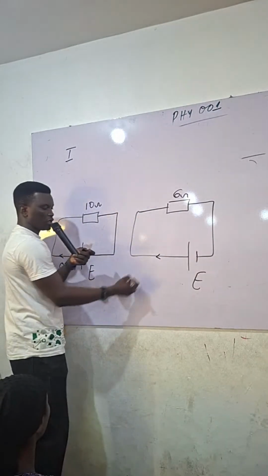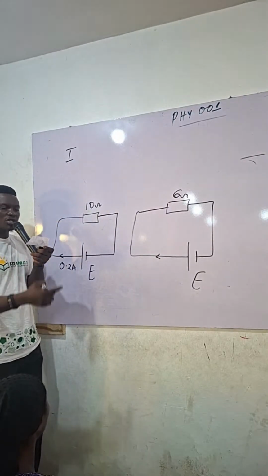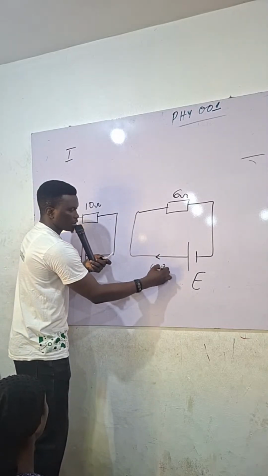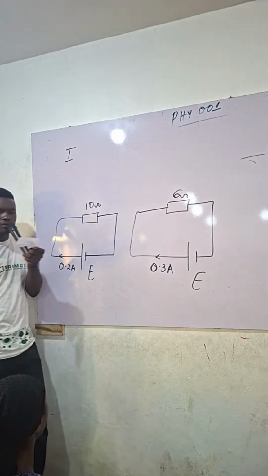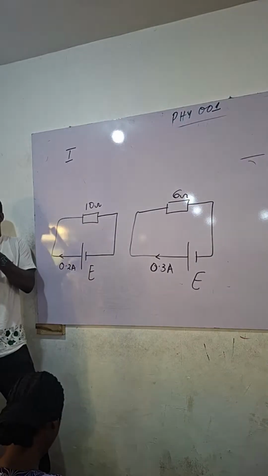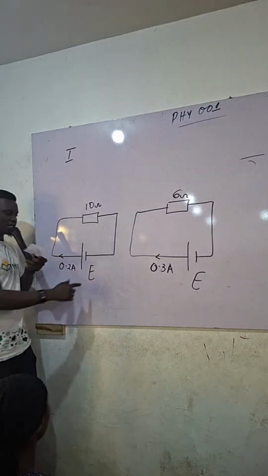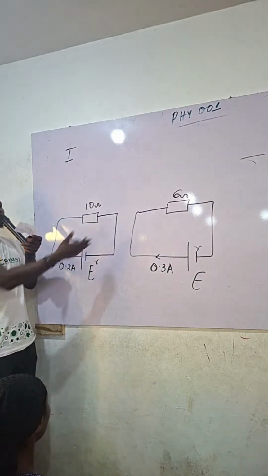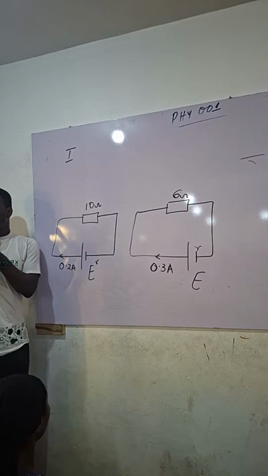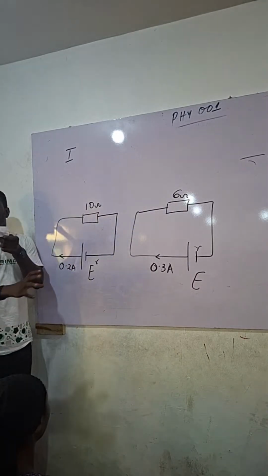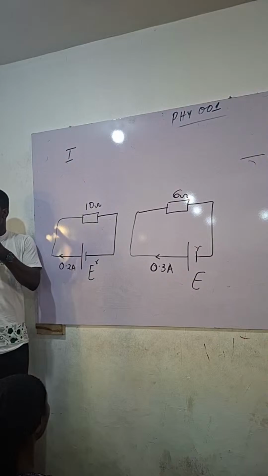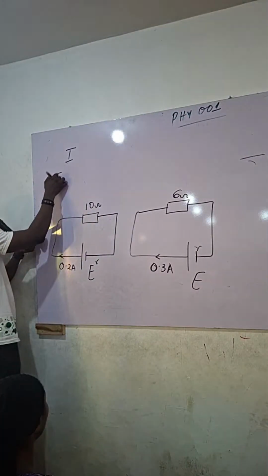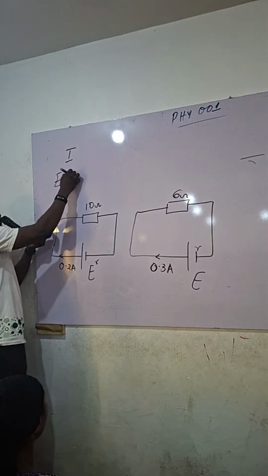So now, they said the resistor is changed to 6 ohms. The current delivered is now 0.3 ampere. Then they said the internal resistance of the cell, this cell has an internal resistance, which is the same. When you see something like this, they are just giving you two conditions so that you can equate them under the same value. For this one now, you know that E is going to be equal to I